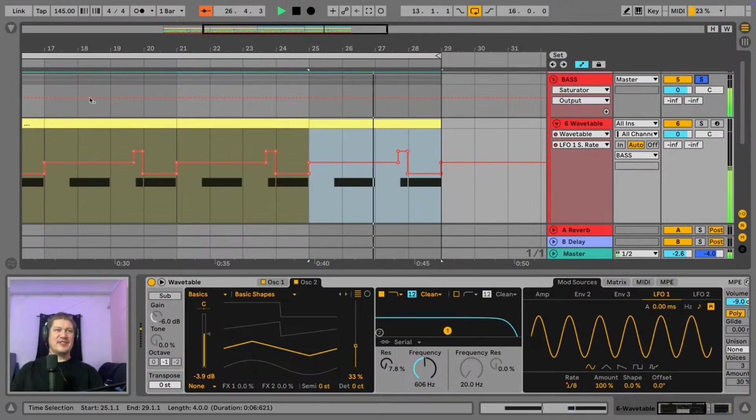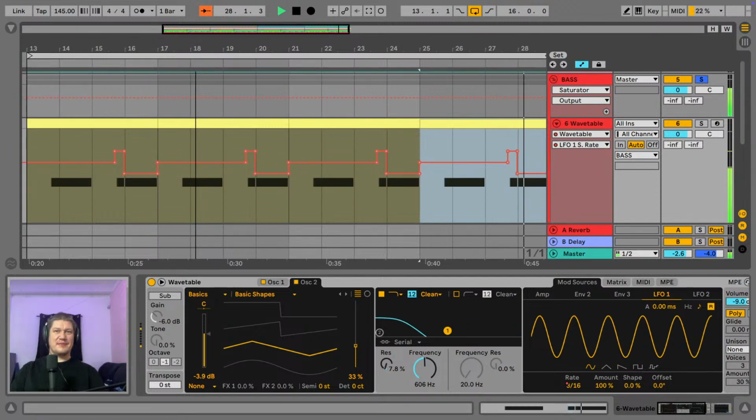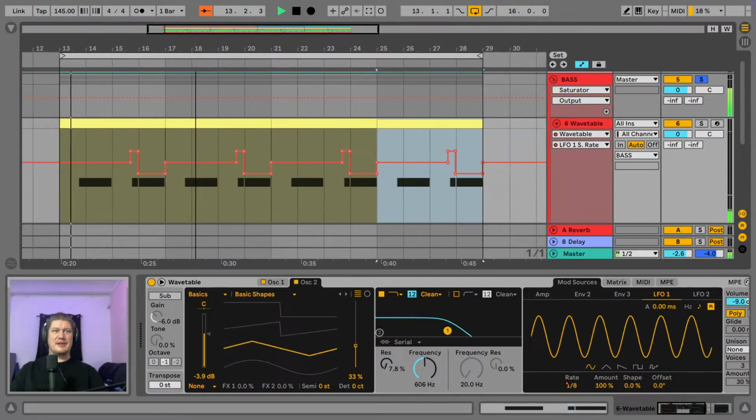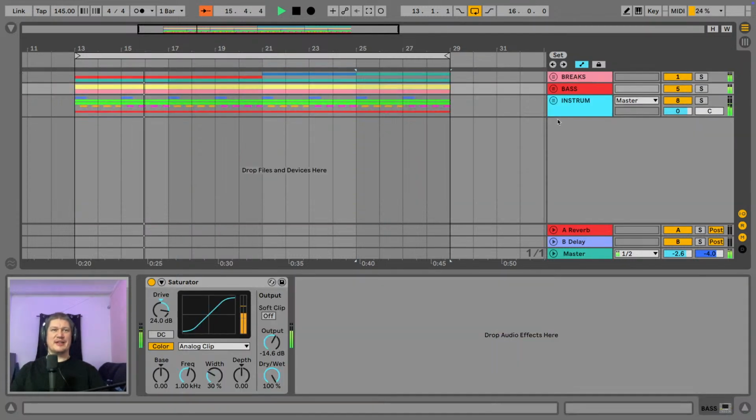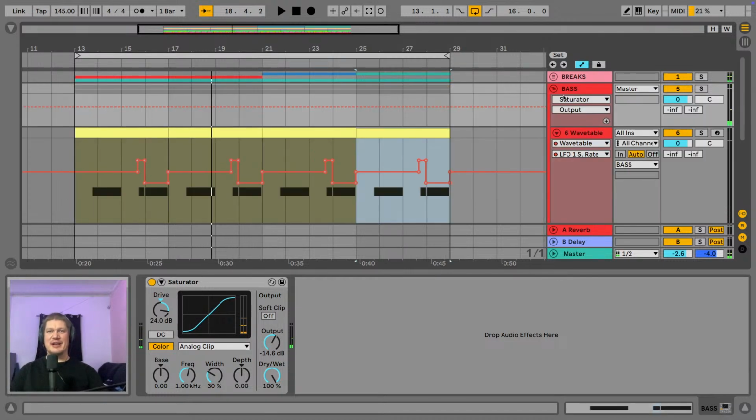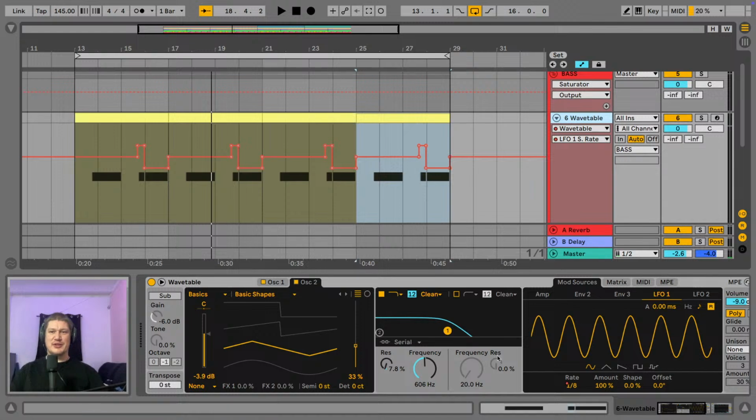You know, you can let me know whether you think that sounds actually like it's in time and good, or whether it's just a bit dodge. You get the point though. The thing I'm trying to teach you here is how to automate the rate of the wobble. Alright, so